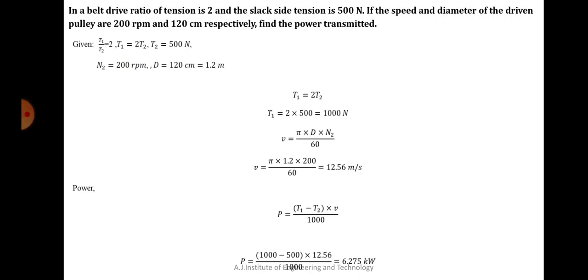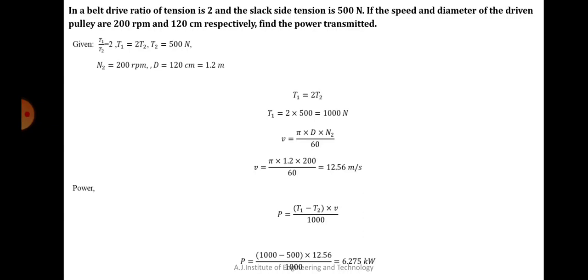So this question is completely different. Neither the formula related to the length of the belt drive will work here, nor the formula related to velocity ratio will work here. So here totally different things are asked to find. First of all, they have given you the ratio of the tensions of the belt drive. Then they have asked you to find the power. When I was doing this portion, I had not told you about these formulas of ratios of tensions.